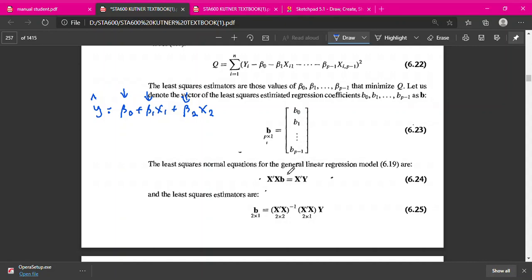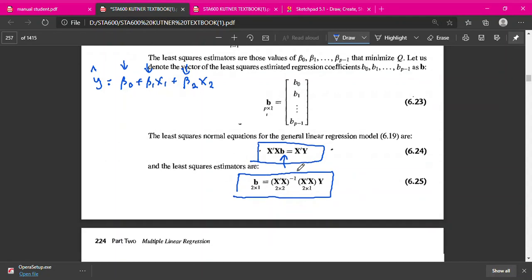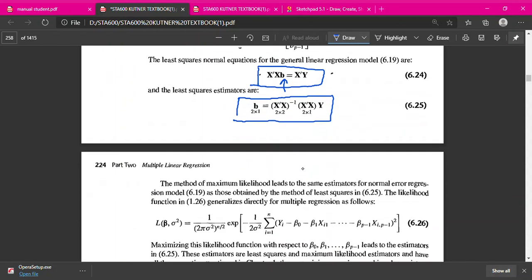Okay, so as usual, this is the formula sebenarnya. So, kita nak cari matrix of B. So, nak cari matrix of B, this is the formula that you need to use to estimate the matrix of B. Okay, so X transpose X inverse, the inverse of matrix of X transpose X. Okay, multiply dengan matrix of X transpose X